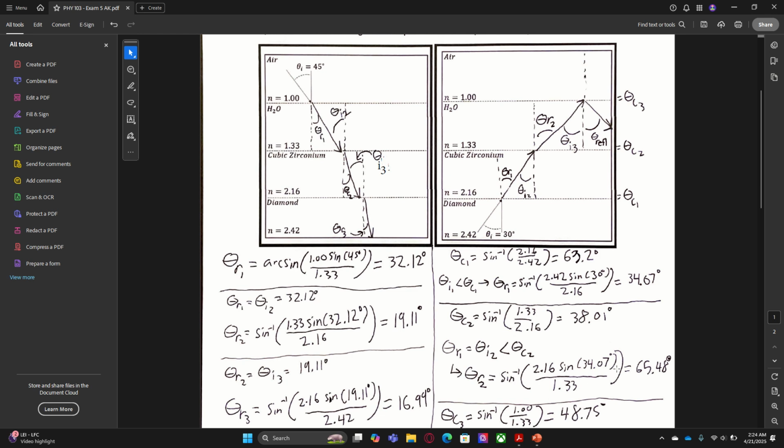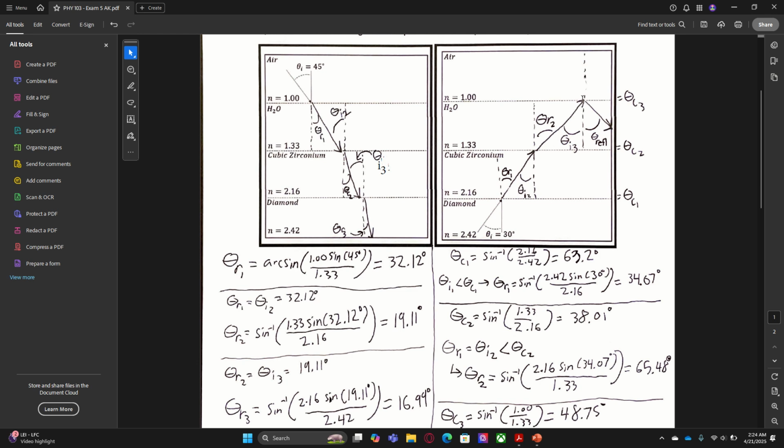And if you have this all set up in your calculator correctly, you should get 65.48 degrees. Now that's theta R2,